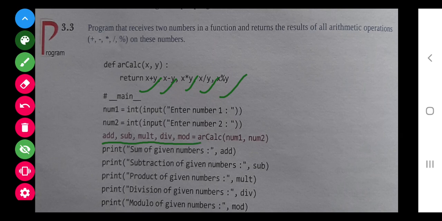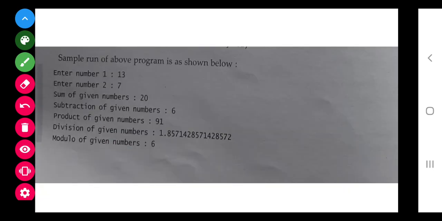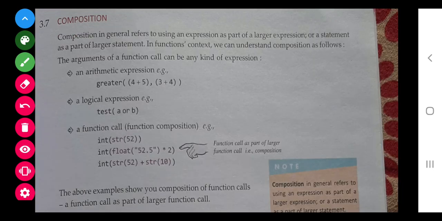All these values get assigned to these five variables, and these variables are finally printed. So you try this program. I hope it is actually a very simple program. So do it.